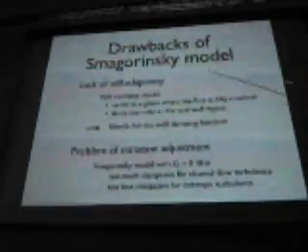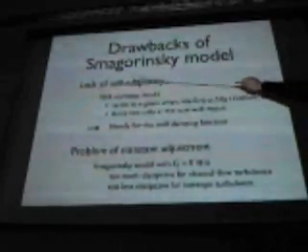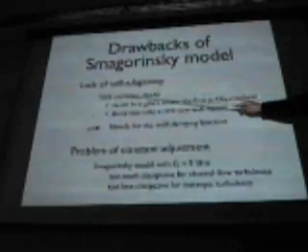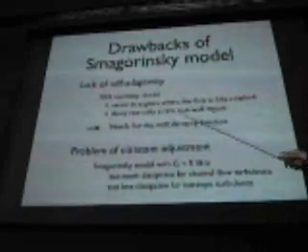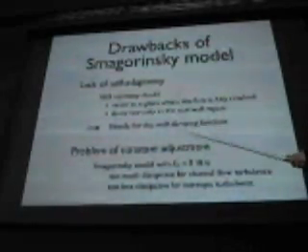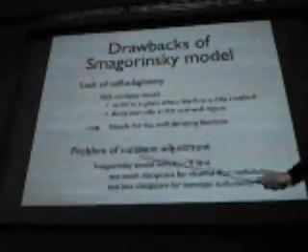So local equilibrium is very important. If such local equilibrium breaks, the Smagorinsky model easily breaks. Anyway, this is the essence of the Smagorinsky model, which is very similar to the mixing length argument and the quenching argument. The drawbacks of the Smagorinsky model are several, including lack of self-adaptivity. The subgrid scale viscosity should vanish in regions where the flow is fully resolved, and it should also decay correctly in the near wall region. So we need some wall damping function, and also we have